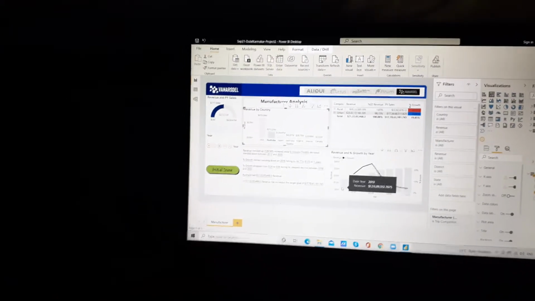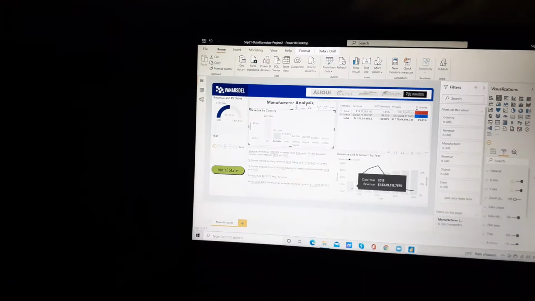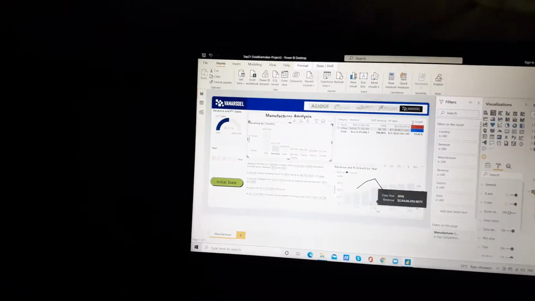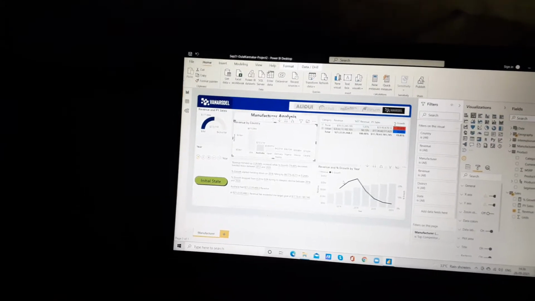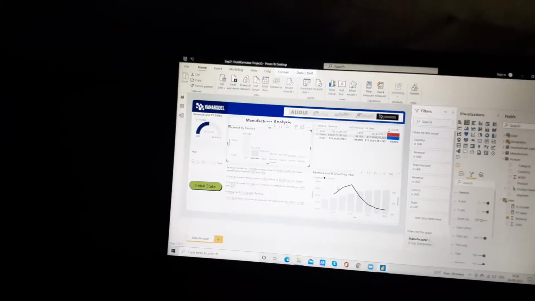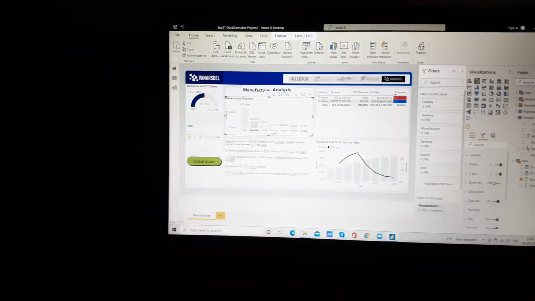This chart will show the data yearly wise, and it started from 2013 to 2020. So this chart will show you the data of Van Diesel from 2013 to 2020, right? So we can see that.